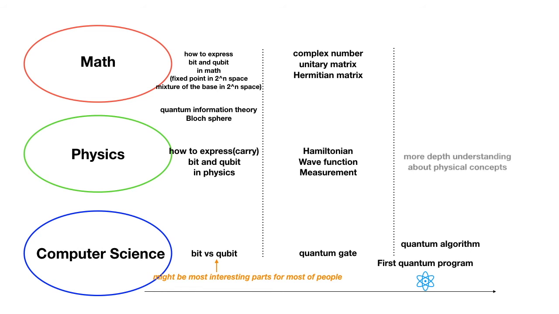Of course, a deeper understanding of physics is beneficial to better understand some algorithms, such as quantum annealing. From the perspective of computer engineering, the main task is to see if we can make a real quantum computer that can manipulate a large number of qubits with small error. For the math view, since there is a tight relationship between algorithms and math, some knowledge such as symmetry or group theory may provide a different view to understand the algorithms.